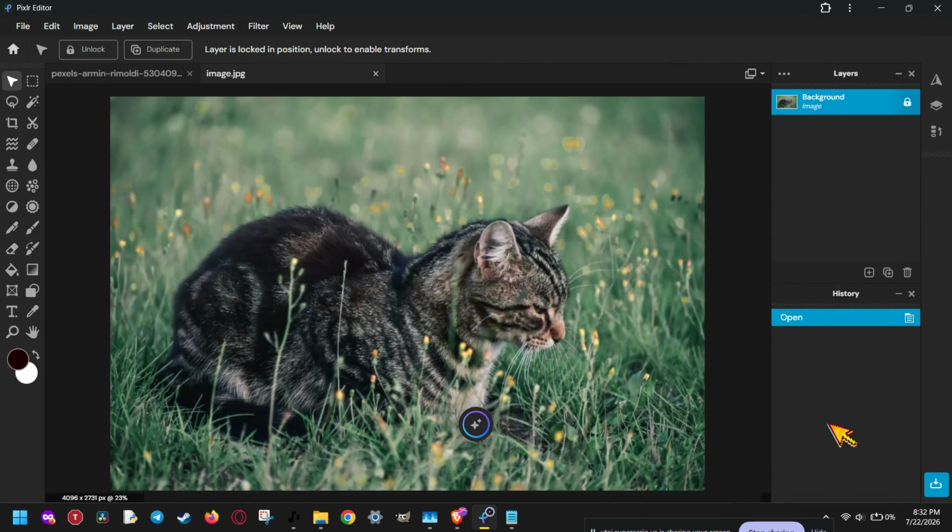First, make sure your project is already open in Pixlr and take a look at the Layers panel on the right side of the screen. This is where all of your image elements are listed. Click the layer that you want to flip horizontally. It's important to select the correct layer first because the flip action will only apply to the active layer you